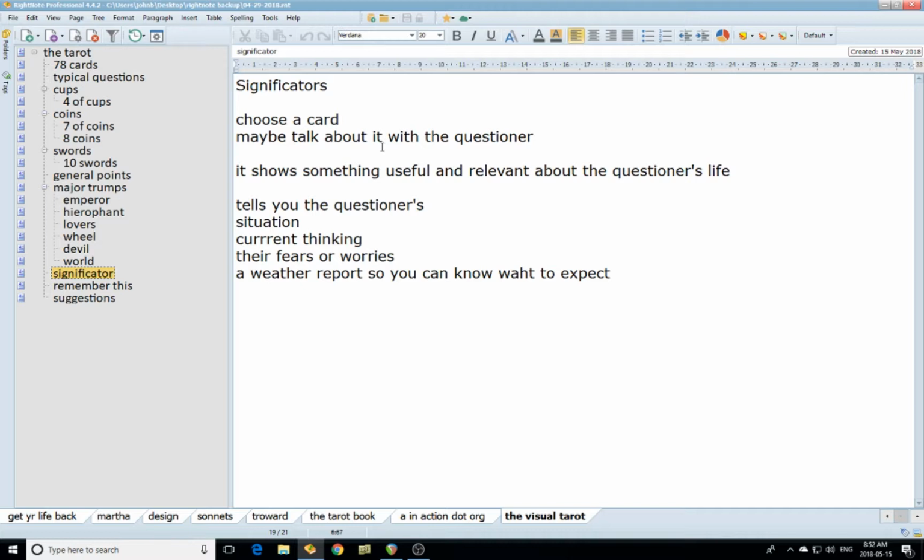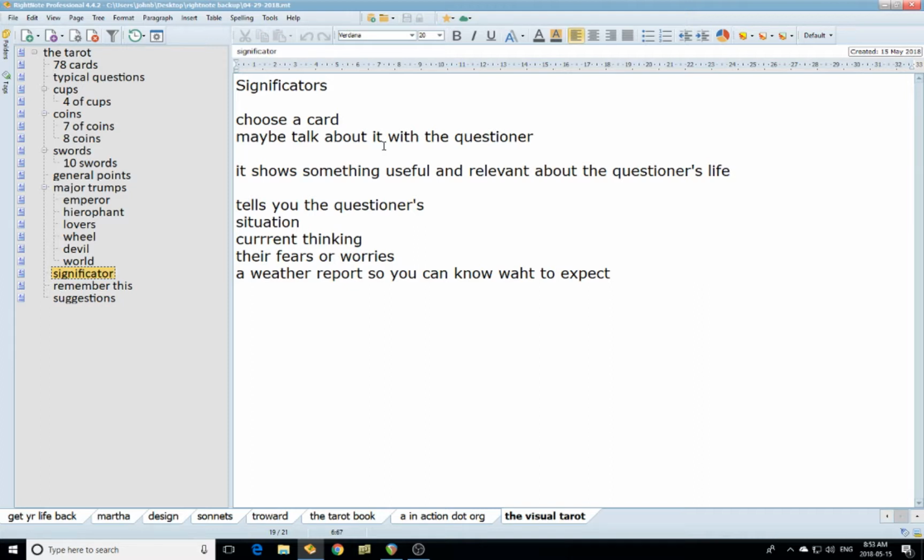So you pick a card, what do you do with it? Do you talk about it? Sometimes you will mention it to the questioner. So if you get the Sun card, maybe you'll point out to the questioner that they have confidence and they're optimistic. But if you get a card like the Three of Swords reversed, that shows them maybe having been hurt